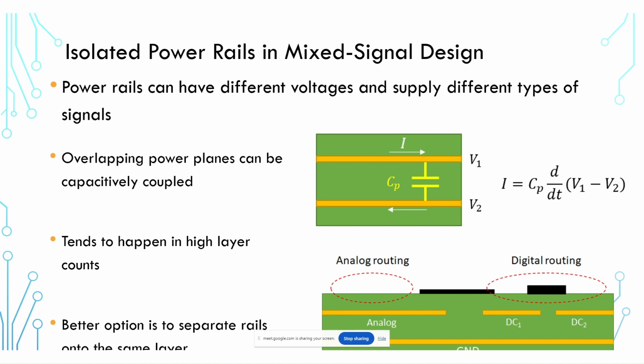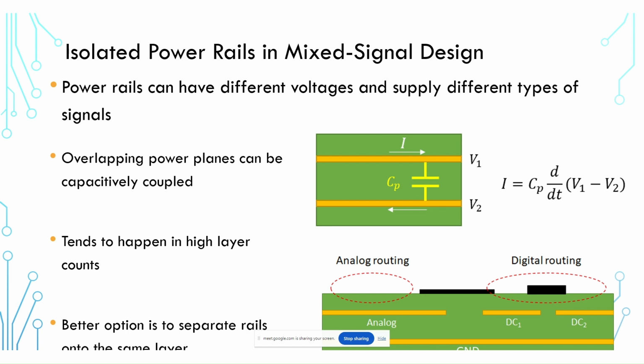Next, something that I believe has been discussed by Eric Bogatin in mixed signal design is what happens when you have different voltages and different power rails, and what happens when you start to overlap them. So basically the question here is, if I need to have a uniform ground for my mixed signal system, how should I set up my analog planes and my digital planes